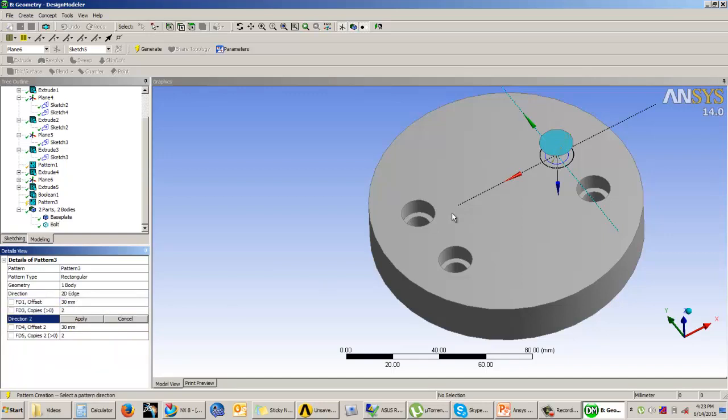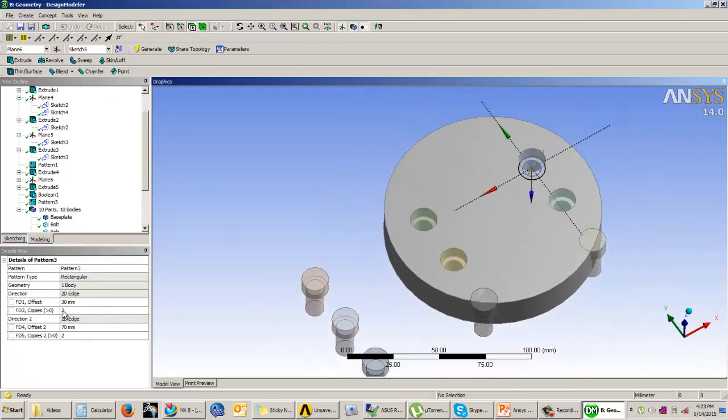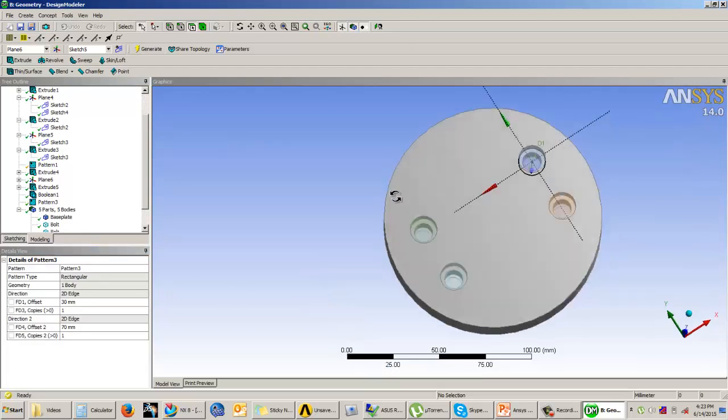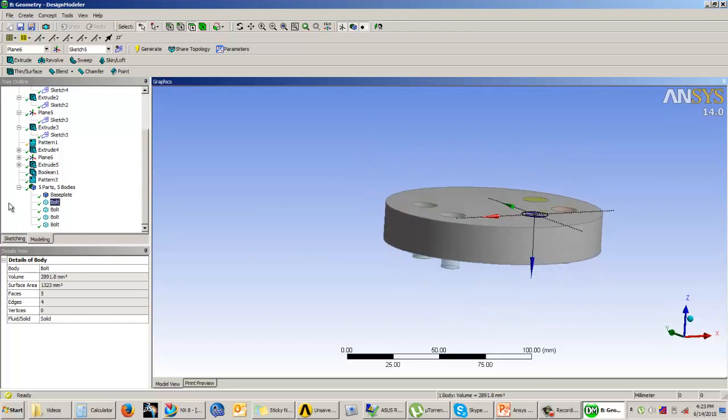I need 2 copies, and the second direction is this, and here I need 70. You've got 2 bodies. I will reduce this as 1 and this is 1. So you can see now the bolts have been patterned and you've got 4 bolts. Okay, next